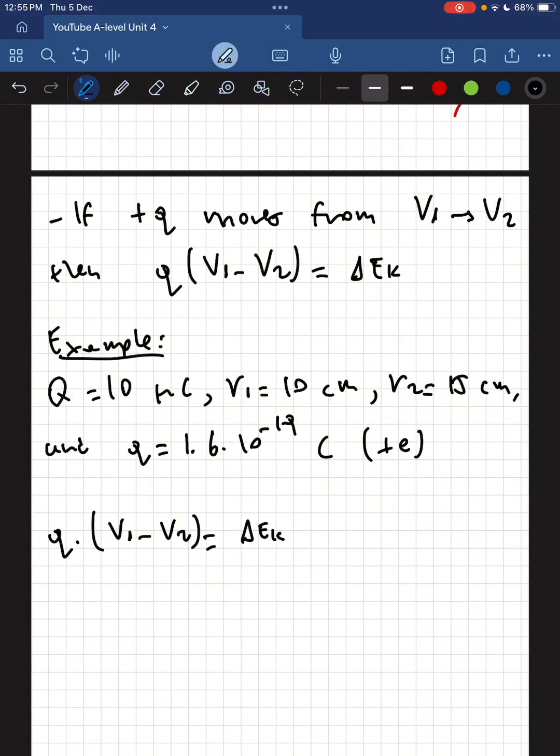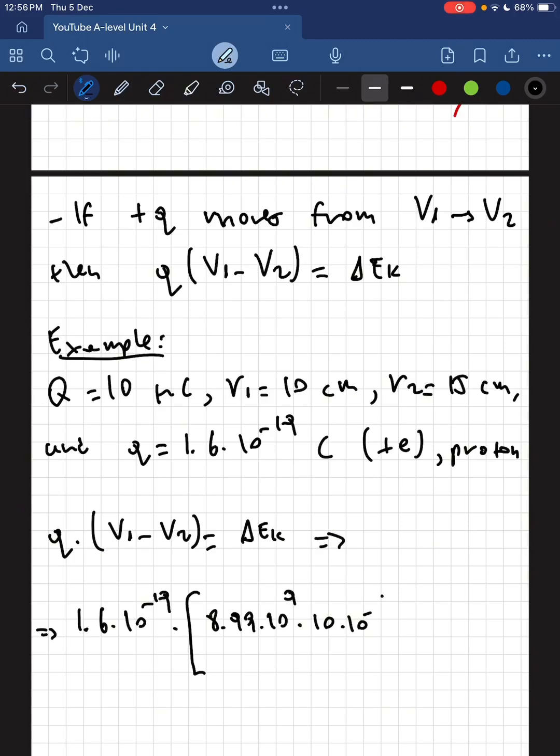And let's assume that this is a proton. Then 1.6 times 10 to the negative 19 times V1, which is equal to 8.99 times 10 to the 9 times 10 times 10 to the negative 6 over R1, which is 0.1 meters. So this is going to be V1 pretty much,